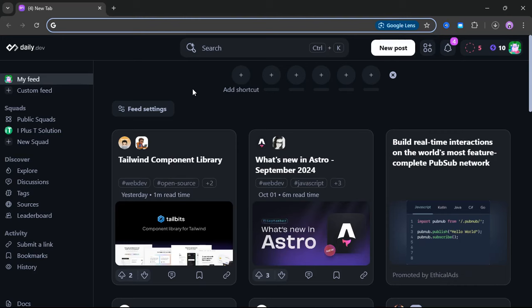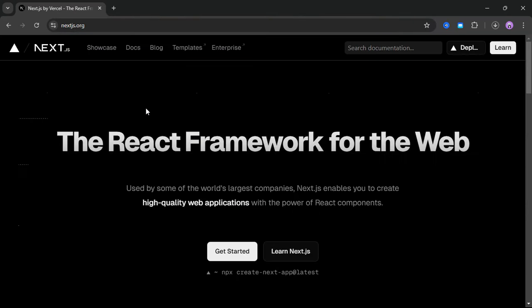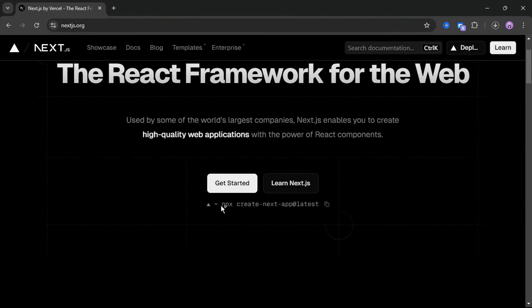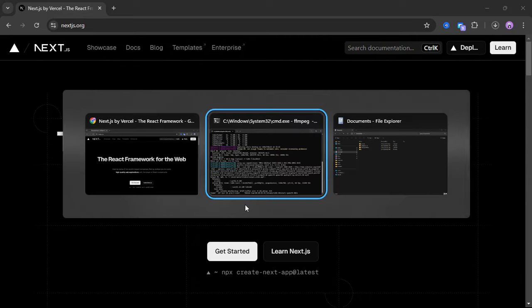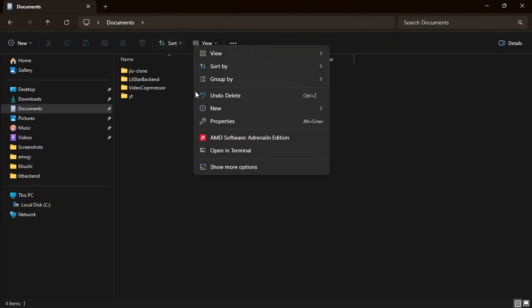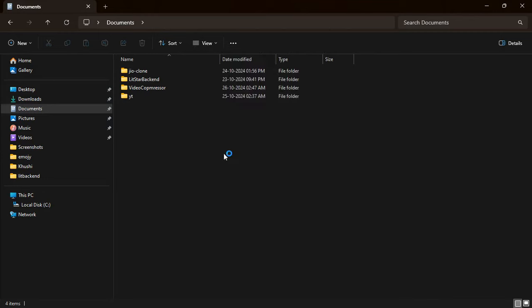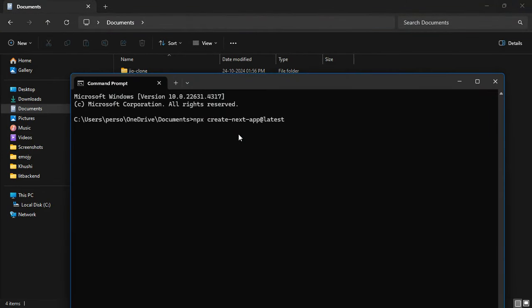First of all, let's move to the Next.js main website. Now copy the command they give us, come to your file manager, open the integrated terminal here, paste the command and hit enter. This will start installing Next.js, and I will say yes. Currently you can see I am installing